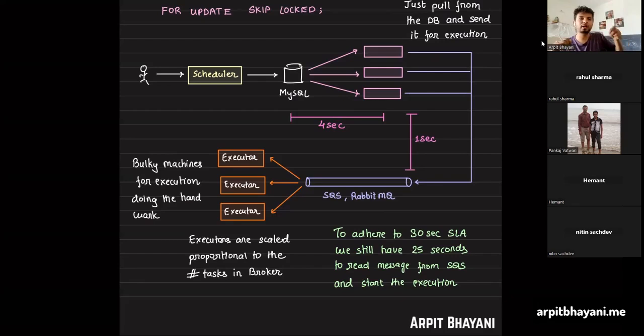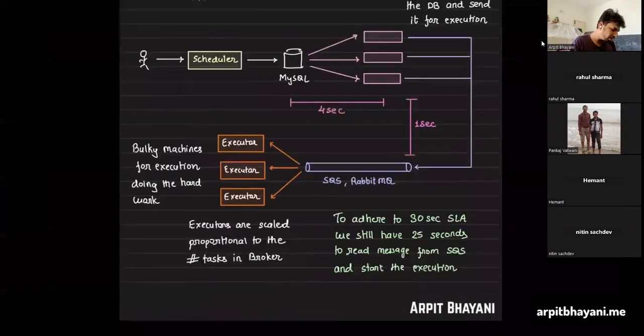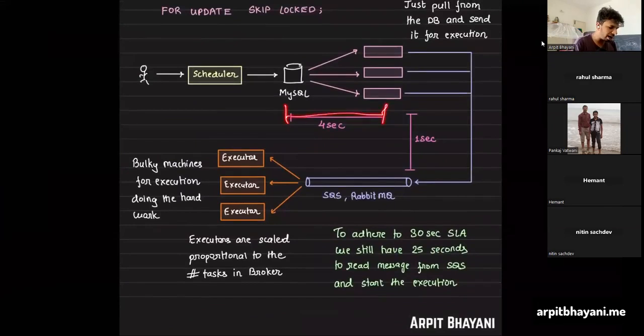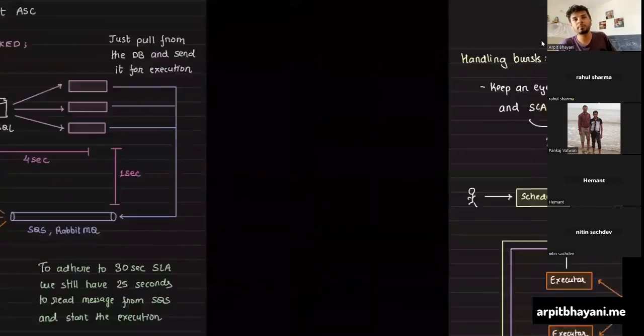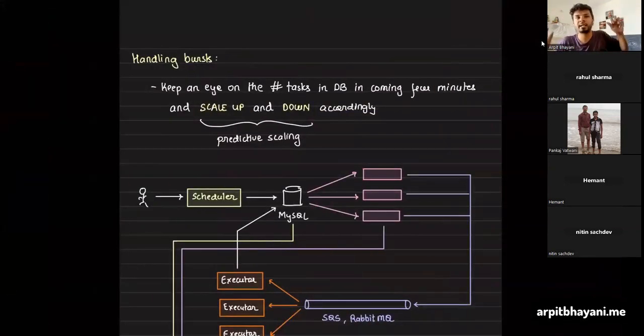Each queue is consumed by a particular set of workers, a homogeneous set of workers. Any one of those workers is capable of running that particular task, and they run it. Now the workers are bulky machines whose job is to have the entire runtime for you to run that corresponding thing, right? Now, for you to maintain that SLA, you need to know how much time each phase is taking, so that you know if you are maintaining that SLA or not, and that's really important. Without measuring, you cannot just say I'm ensuring the SLA.